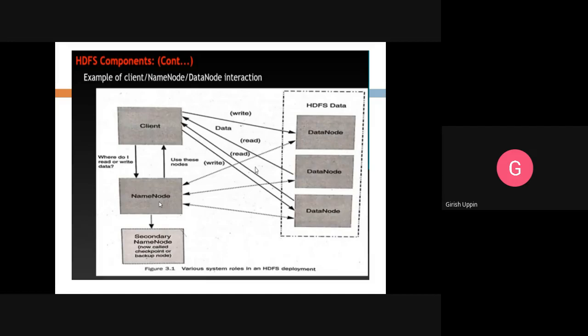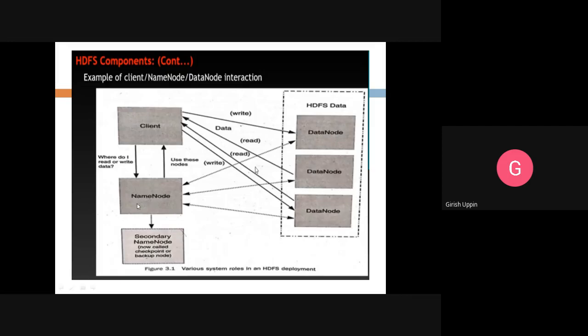So how it works: the different components here, we have the client. Client is the one which wants to read or write the data into the HDFS. Whenever it wants to perform those operations, it will interact with the name node, saying that it wants to read or it wants to write data.